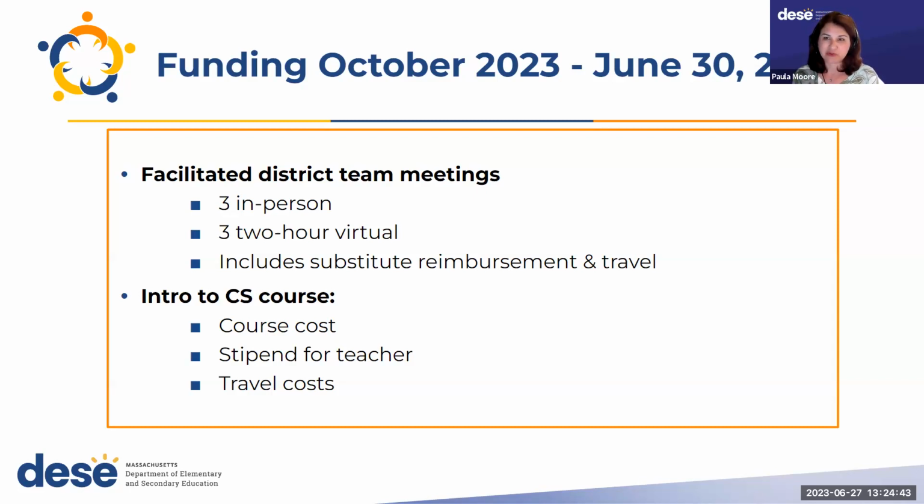Again, we recommend middle school starting, but if you have a different grade span, and then how many of those teachers are going to be new to CS that you think might need to take an Intro to CS course. The grant would cover the cost of the course, as well as a stipend for the teacher, which is $200 a day. The Intro to CS course is 3 days, and then travel costs.